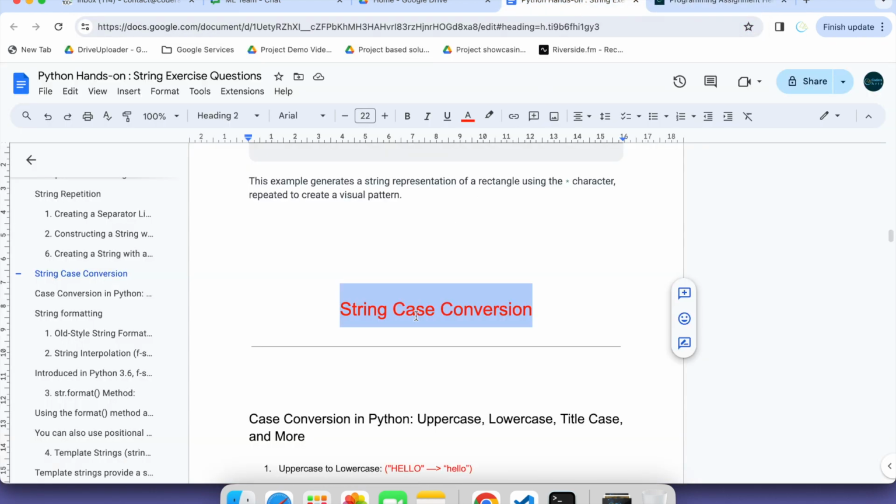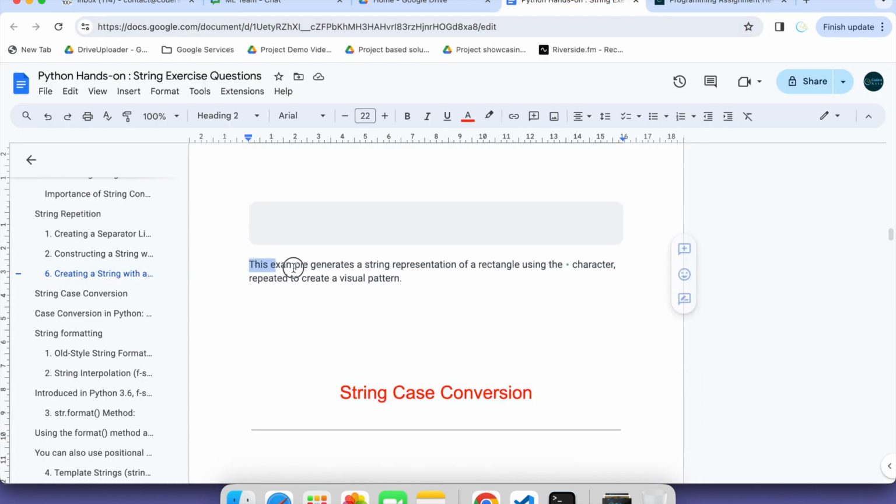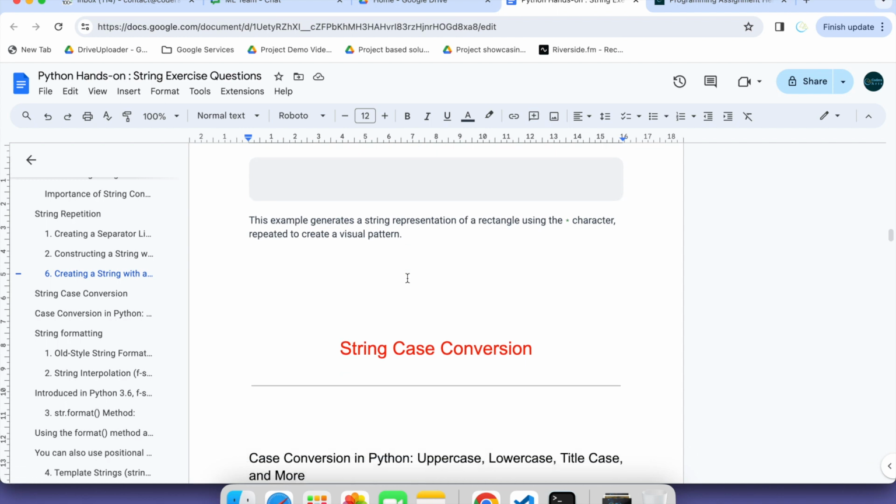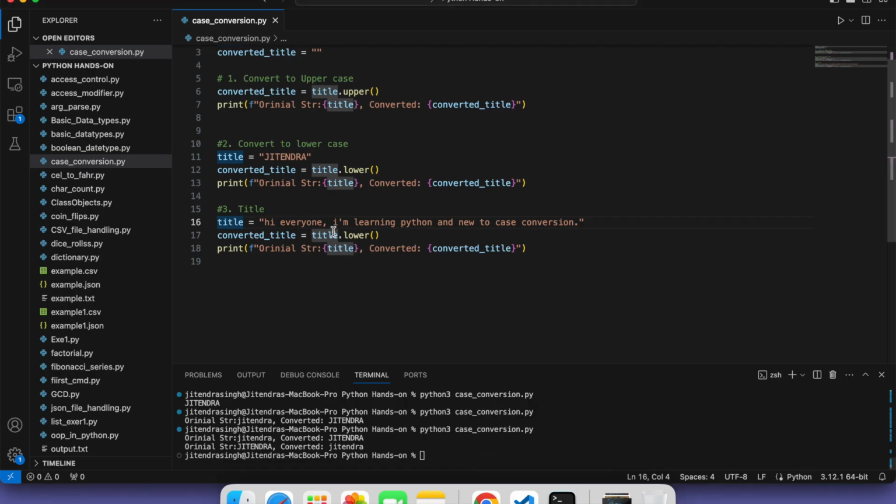So title does not mean I'm talking about this paragraph. You can say in this paragraph the first letter is capital, but the rest of the letters are not capital. Those are different cases, but this is only title case conversion, meaning the first letter of each word will be converted. Not the paragraph. I just tried to explain in which context we are going to use it. A title may be something you are learning, or chapters in a book, or maybe some heading. So you can say Python